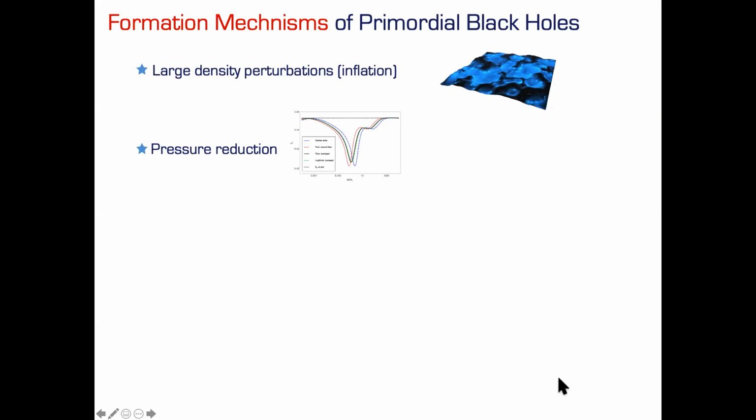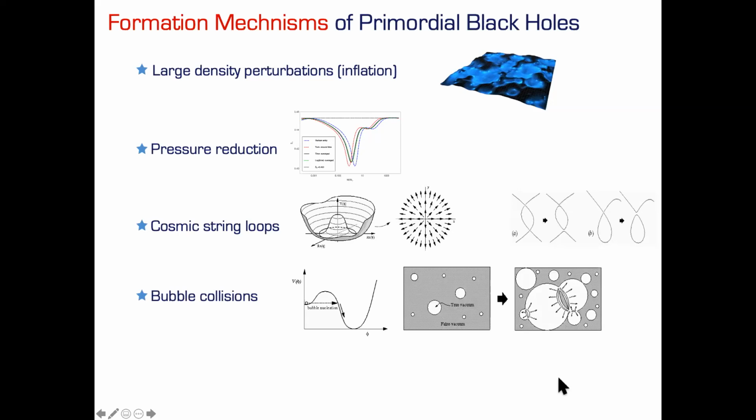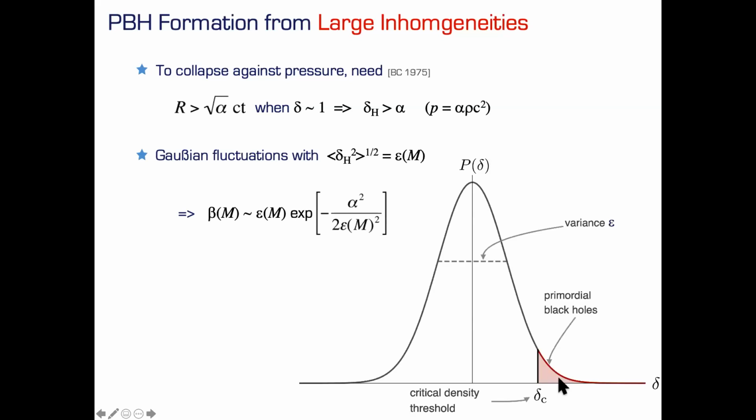So primordial black holes are black holes, like we know from our classical GR course, but born in the early universe. And they can be formed by cosmic strings. I will tell a bit about this one. From bubble collision, I mentioned this. I have another slide on this too. But in all of these circumstances, even in some particle physics motivated scenarios, you have some mechanism that brings enough energy in a certain region of space.